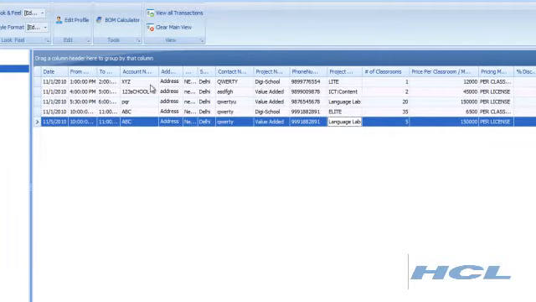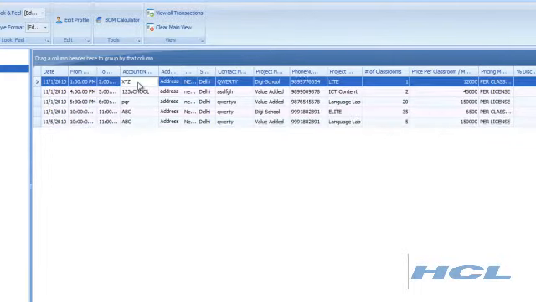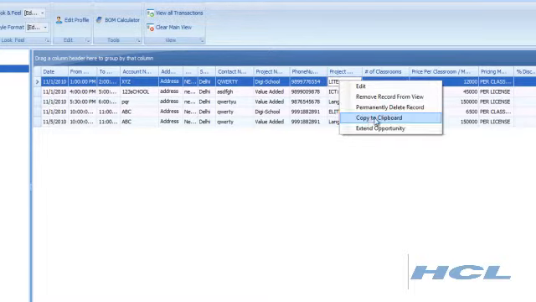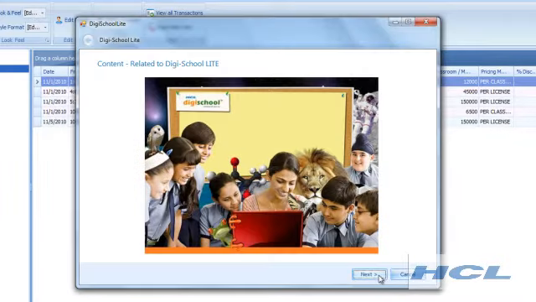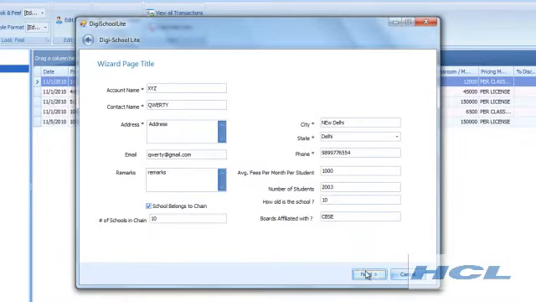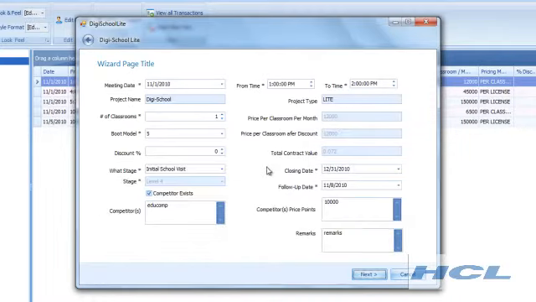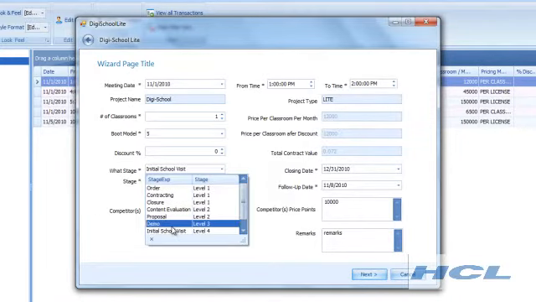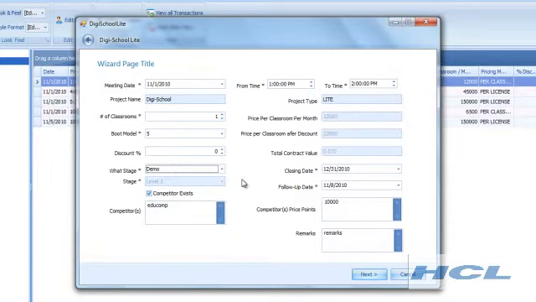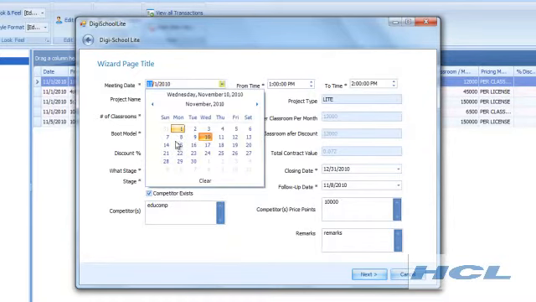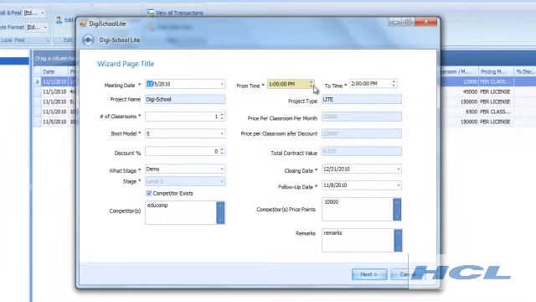Now suppose you have visited the next school, XYZ, and they were interested in DigiSchool Lite, and you have given a demo over there. So you'll just extend the opportunity, click on next. The data has been populated, click on next, and now it is a demo which you're going to give at that particular school. So click on that, choose the stage, change the meeting date accordingly, the timings when you met